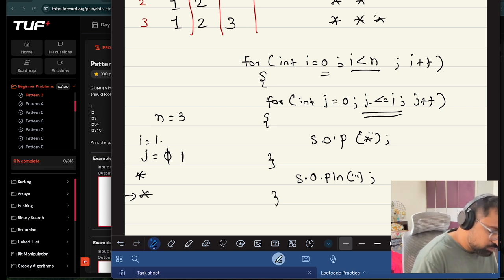1 is less than equal to 1. Yes, it is true. It will print. It will break the loop. It will come outside for the next iteration because j will become 2 and 2 is not less than equal to 1. Then again,